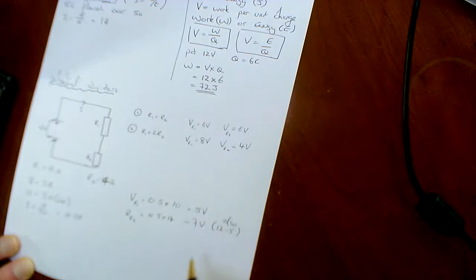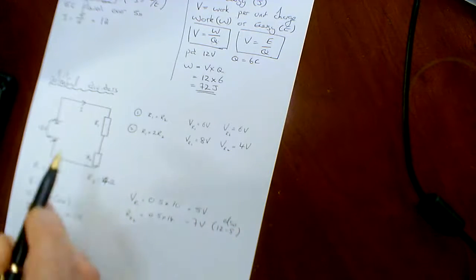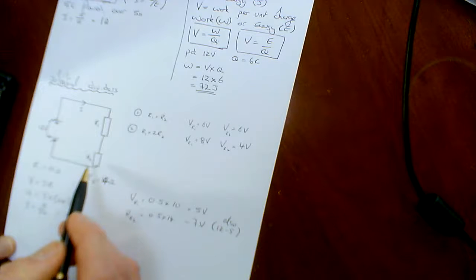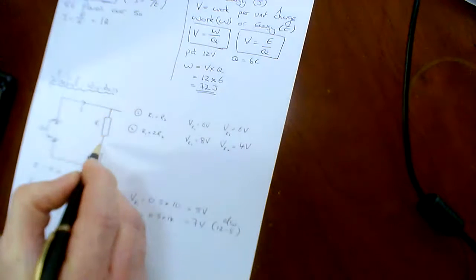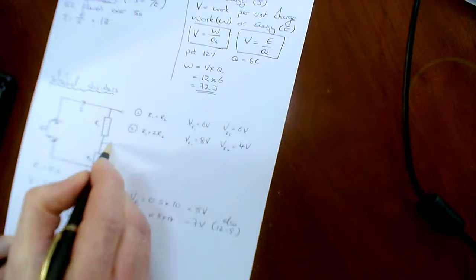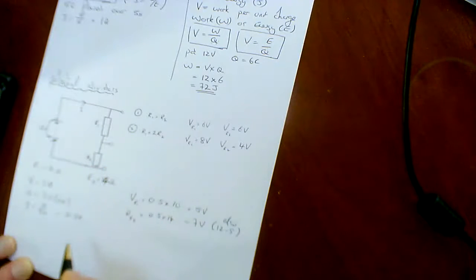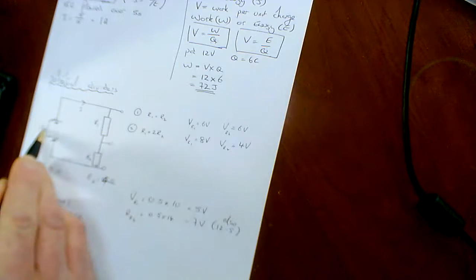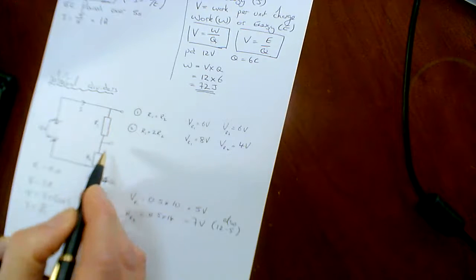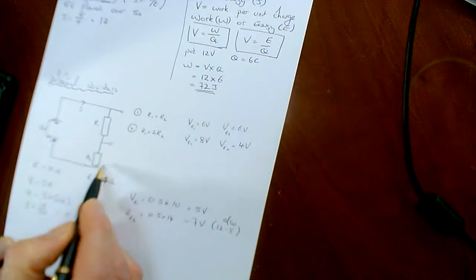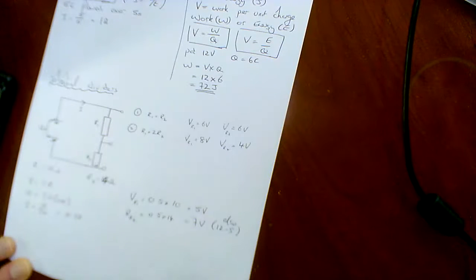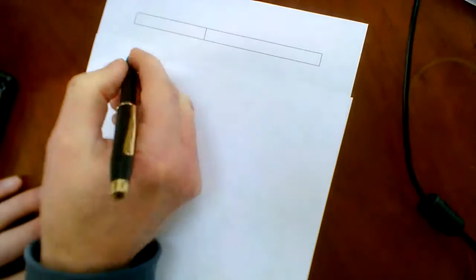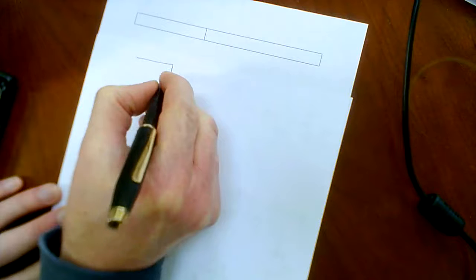So there's your potential divider. Basically what you've got here is a way of stepping off, if you like, some portion of the supply PD. This being my supply PD, some of it is dropped across here, some of it is dropped across here. This plus this equals 12. So if we were to make this a more practical, more versatile arrangement, rather than having two fixed resistors, we could have